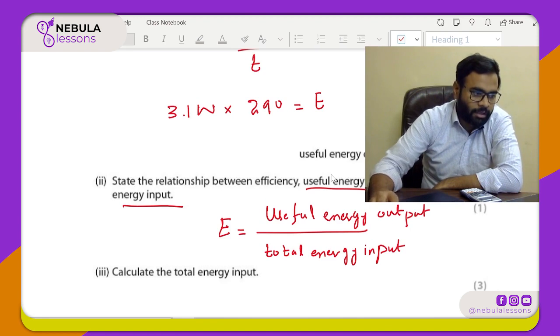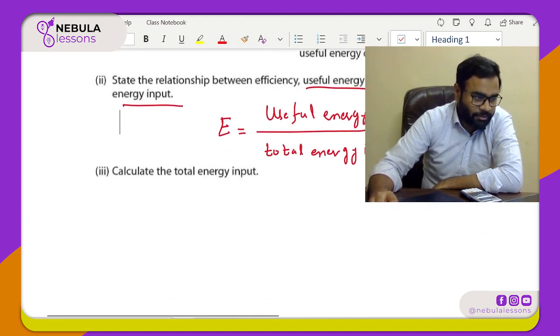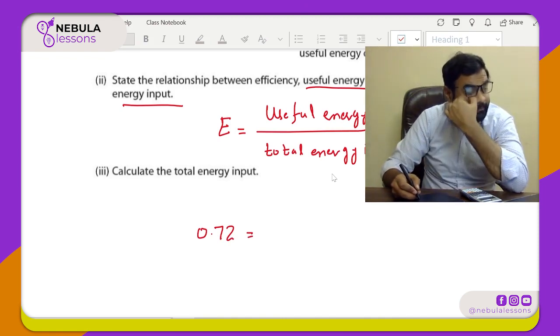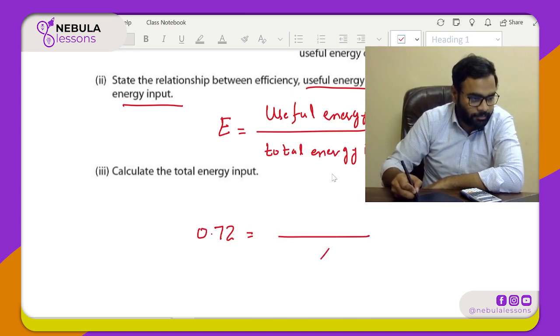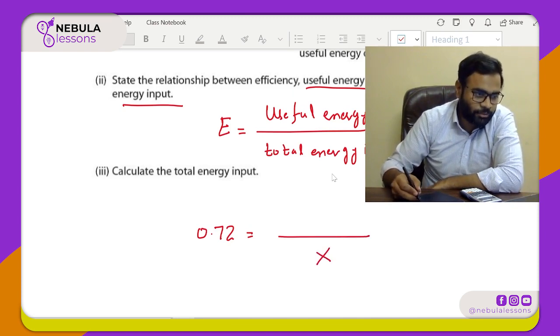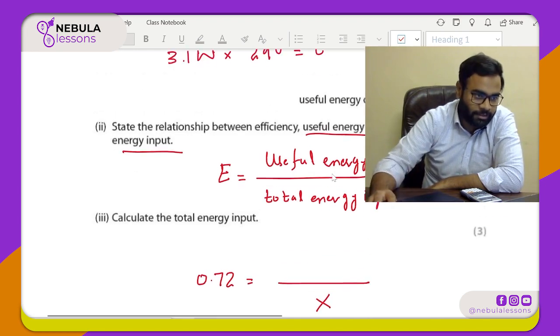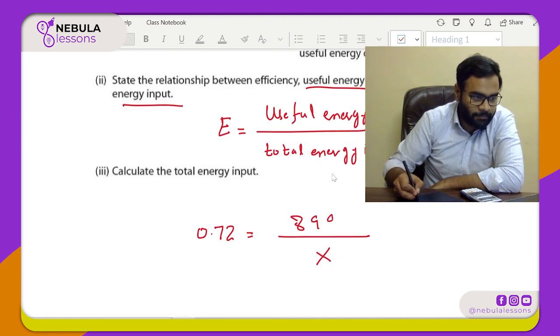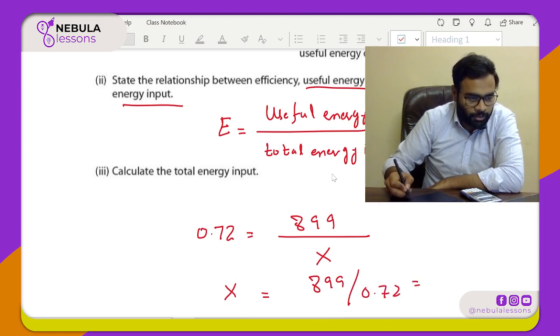input. All right. In part 3, it's asking you to calculate the total energy input. So you have efficiency, which is 72%. In place of 72%, I can write 0.72. Total energy input, you have to find this out, so I can write an X in place of this. And useful energy output, which you have already calculated in the previous part, is 899. So X equals 899 divided by 0.72,